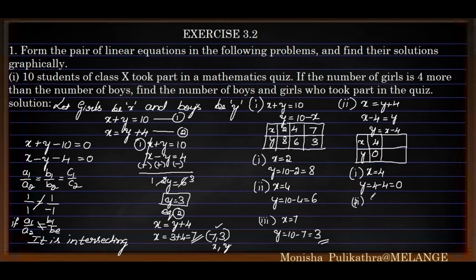So the second point, I will be taking x is equal to 5 itself. When I take x is equal to 5, y is equal to 5 minus 4, that is 1. So when x is 5, y will be 1. The last point will be the intersecting point, that is x is equal to 7. So when I take x is equal to 7, 7 minus 4 is 3. So when x is equal to 7, y is 3. So this (7, 3) is the intersecting point. We need to plot the graph for this.